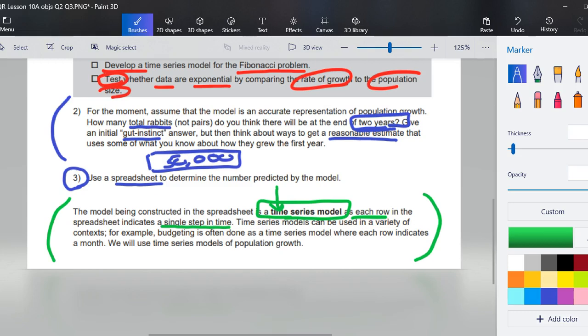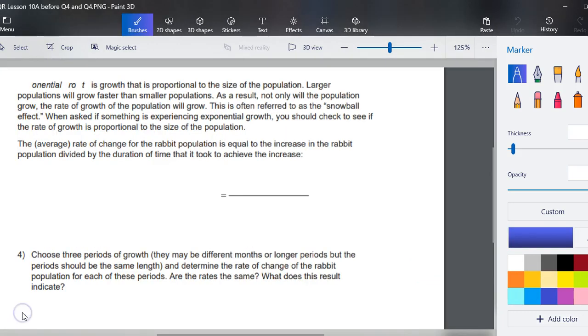And this can be used in a variety of contexts. For example, budgeting is often done as a time series model, where each row represents a month. We're going to use time series models of population growth. Continuing on,